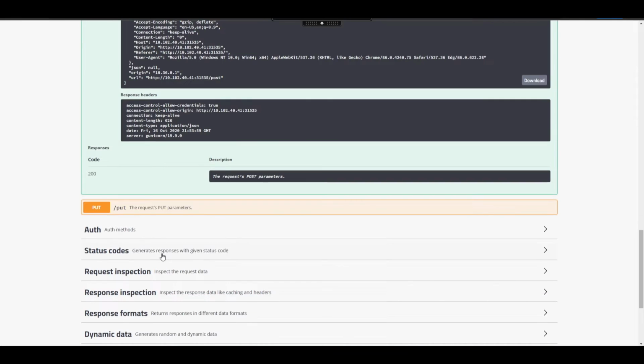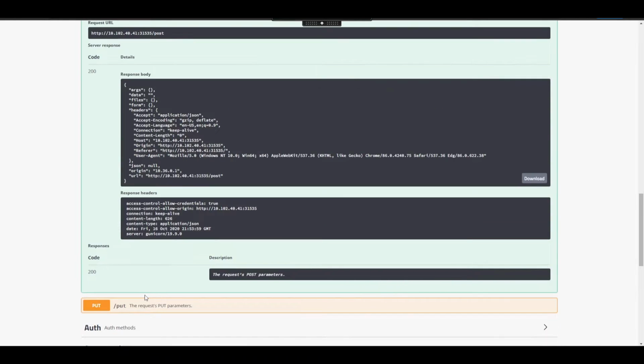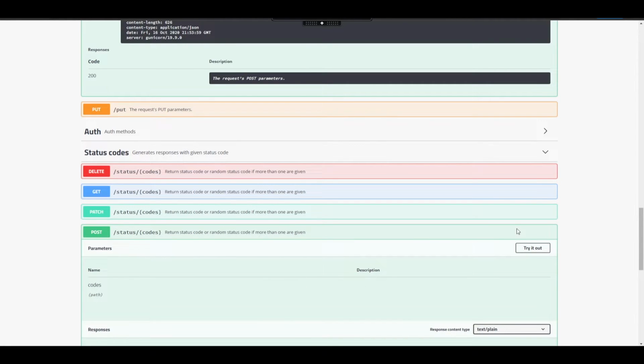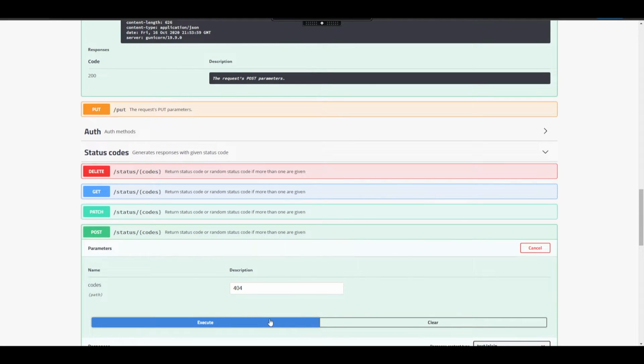And let us simulate certain response codes for maybe a post. So let's say we have 404 as a response code, or maybe a 500 internal server error.